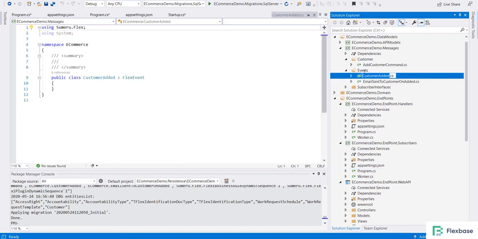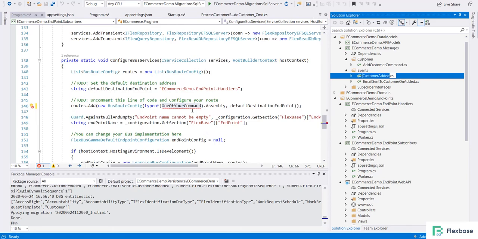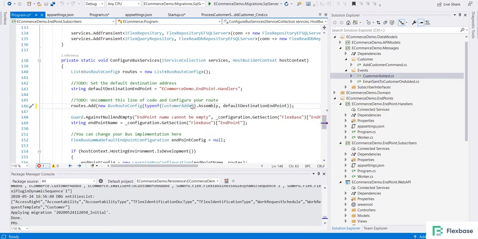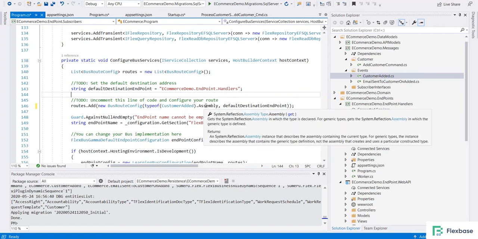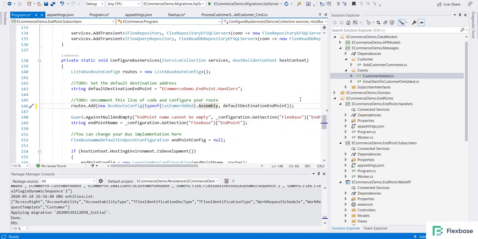I'll just pick up one event name. So one event. Okay, so any assembly belonging to this event will listen to this handler endpoint.